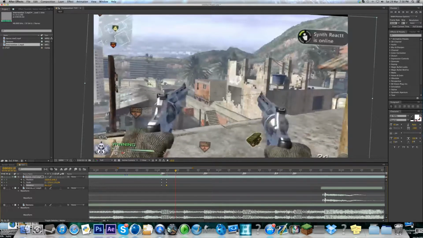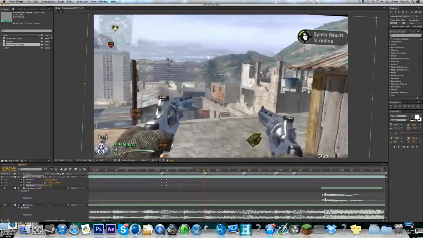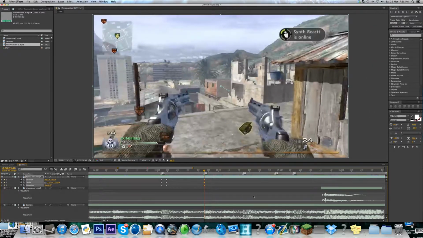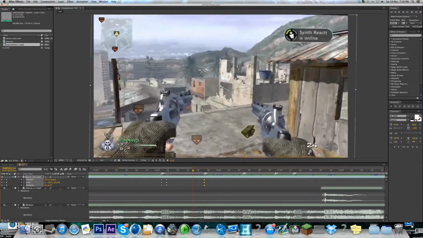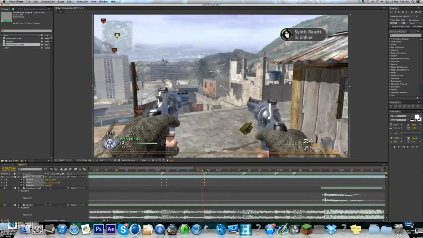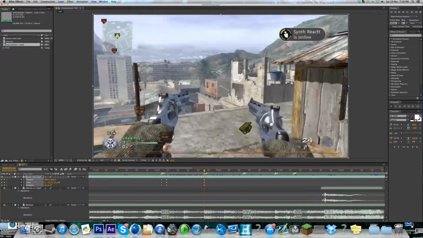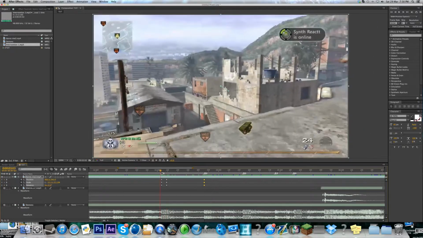So after that beat you want to go in a little bit until your next beat, and then basically copy these 3 keyframes and paste them at the start of the next beat, and that will put it back to the original settings before you'd scaled everything in. And that's pretty much it, but you don't want it going to the top left hand corner of the screen